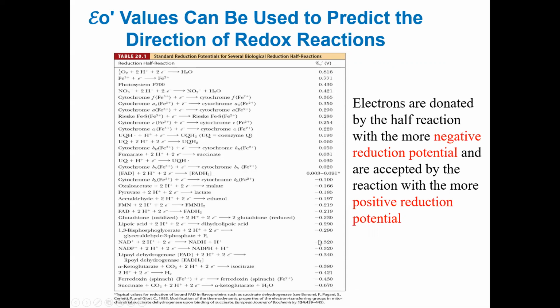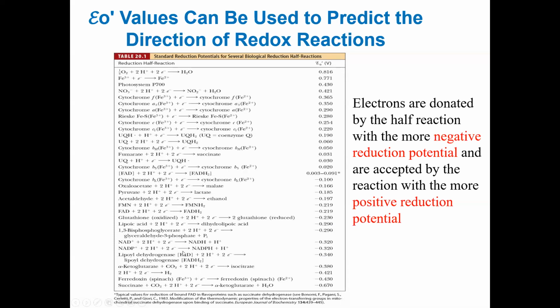So remember what I suggested in the previous slide. Electrons are always donated by the half reaction with more negative reduction potential and are accepted by the reaction with the more positive reduction potential. So if you look here all the way, NAD plus, FMN reduction, all those reduction potentials you see are much more negative than the molecular oxygen standard reduction potential, right? So in principle,